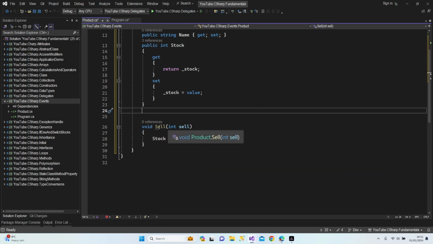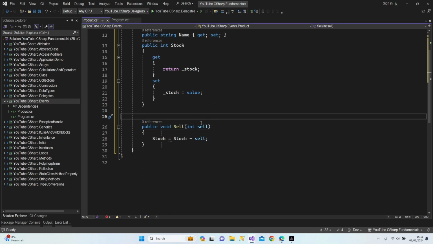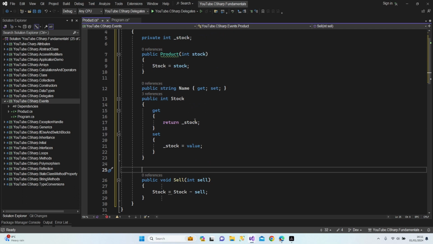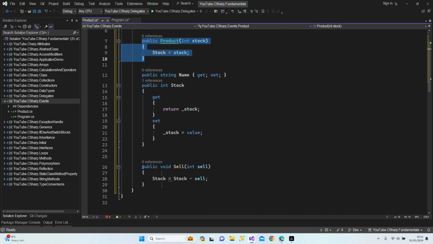So when I run this method, I'm going to send a number, which is a kind of selling method, and it helps me to change my stock quantity. All right. Now let me have a look. I'm going to give my initial stock with my constructor, and I do my sell operations with the sell void, and I need my logic here